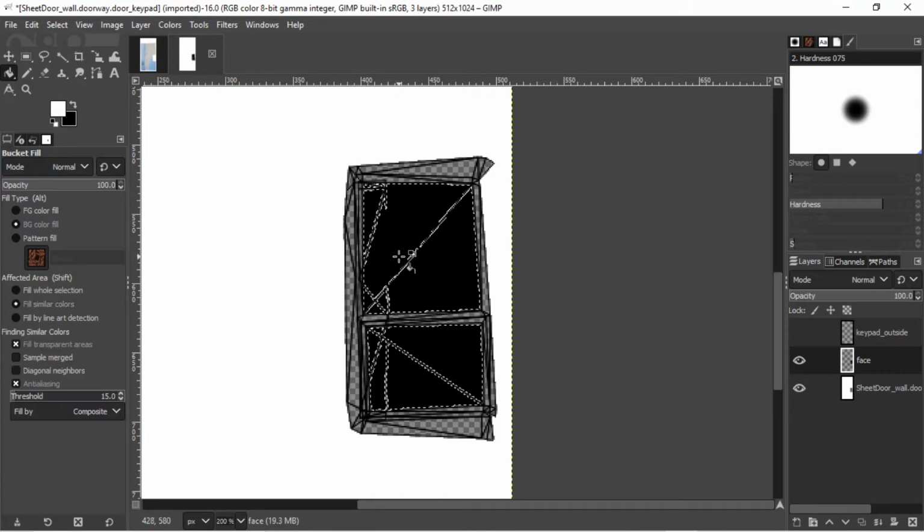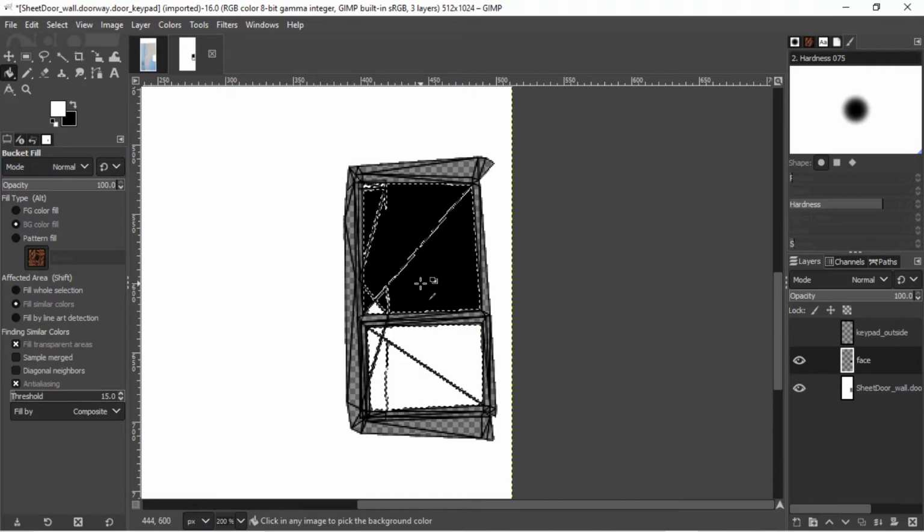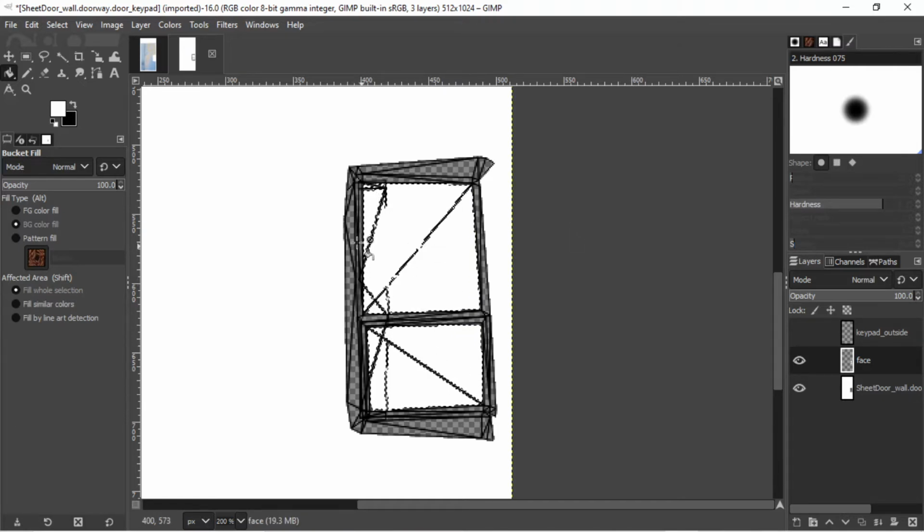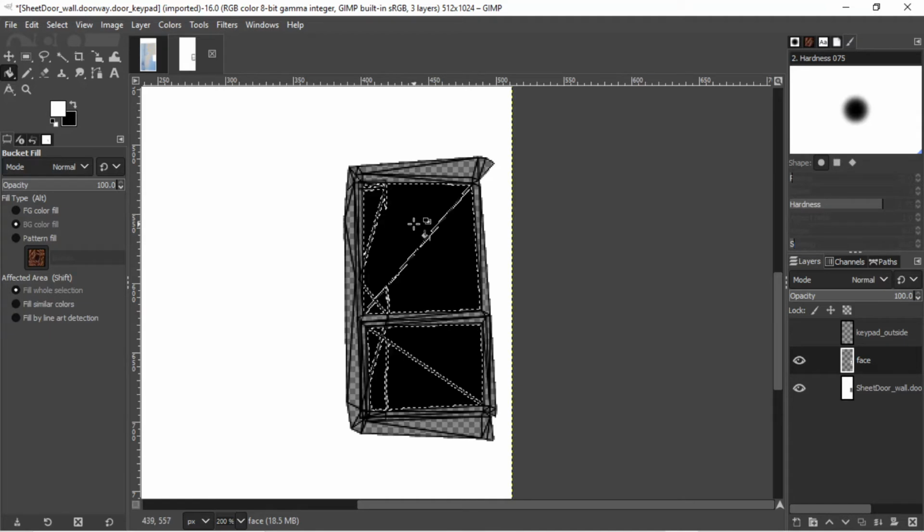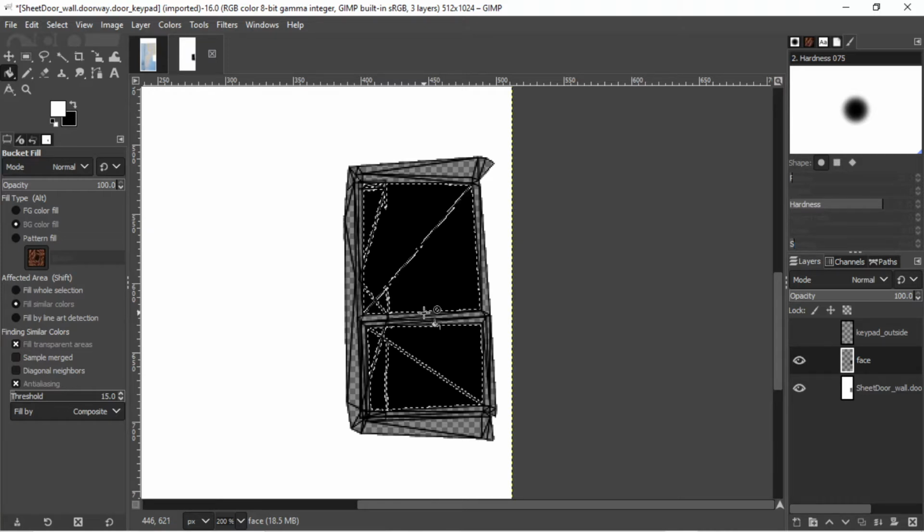So if you hold shift, see how I did that? One by one. If you quickly, after they're all selected, press shift, it'll do all of them. So with that selected,